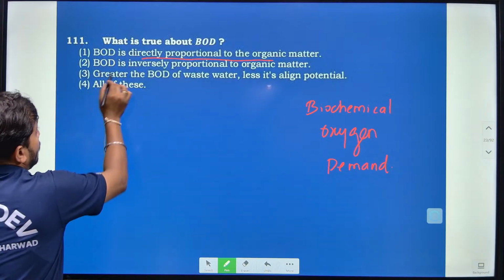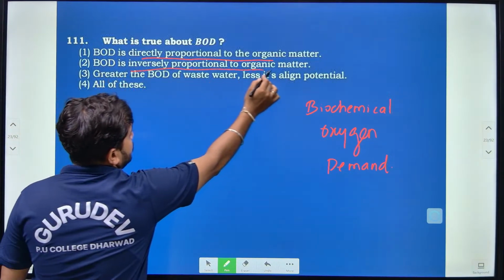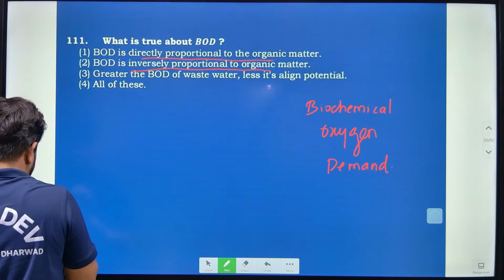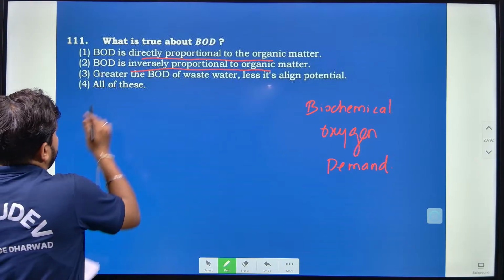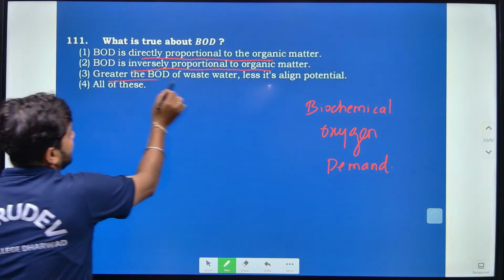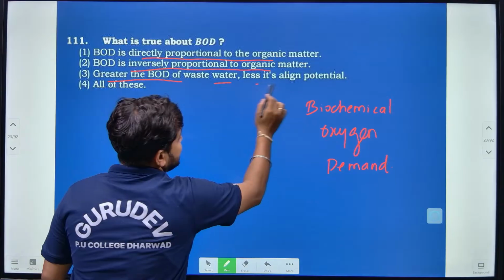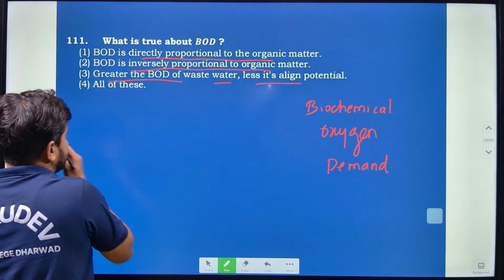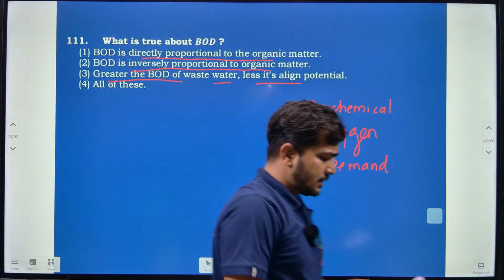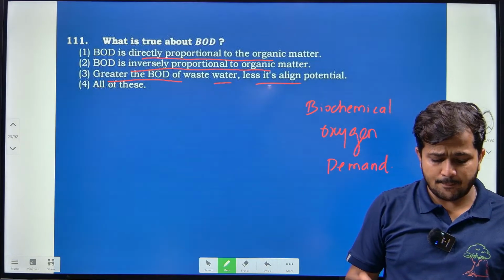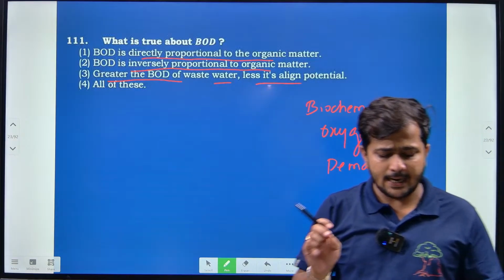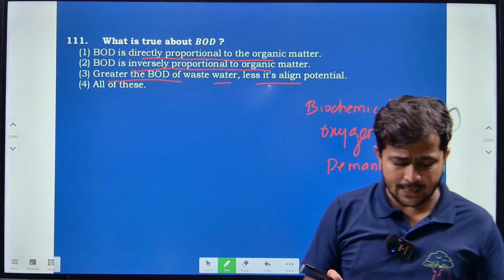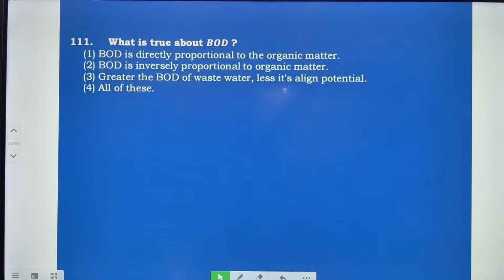BOD is inversely proportional to the organic matter, is another option. Then, they are mentioning that the greater the BOD of wastewater, the less its polluting potential. And BOD is the measure of the organic matter present in water, and the greater the BOD of a